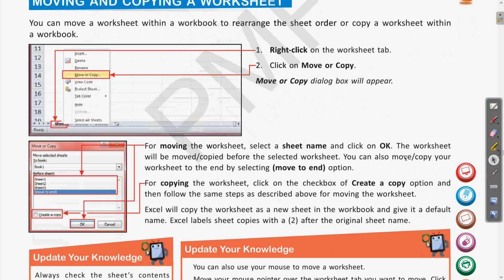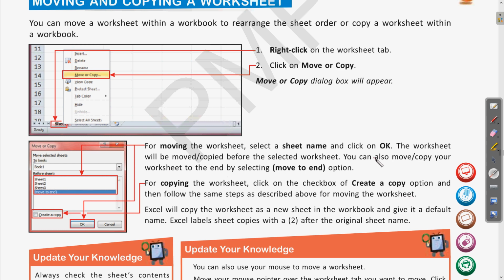Now let us read this. What are the two features? That is moving and copying. For moving the worksheet, select a sheet name and click on OK. Whatever sheet you want to move, that sheet name is required to be selected from here. Clear?